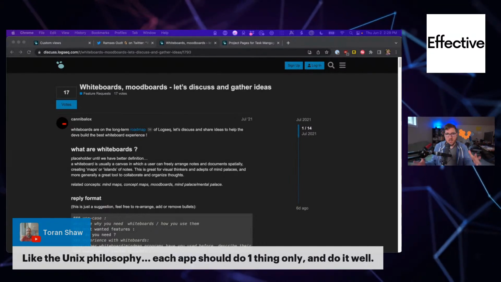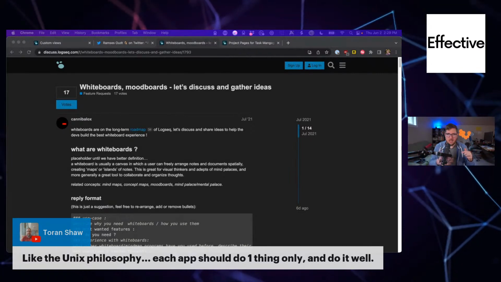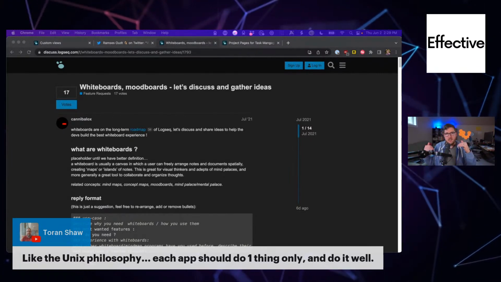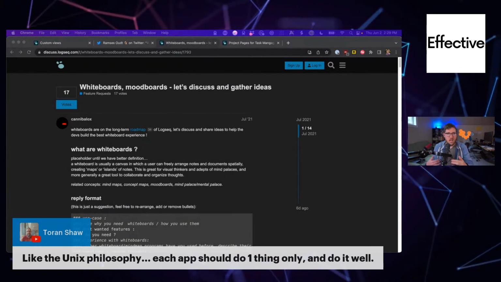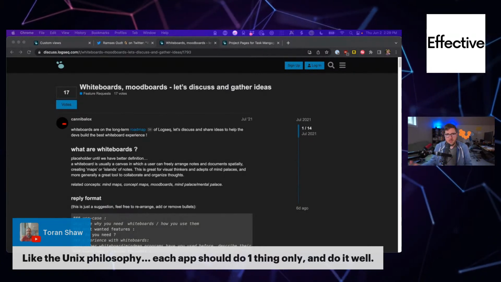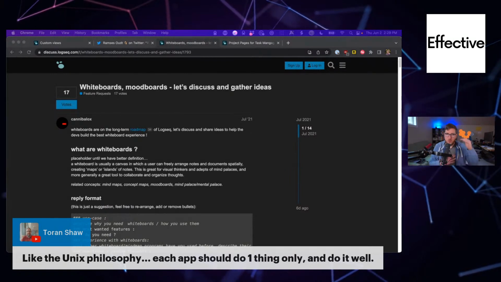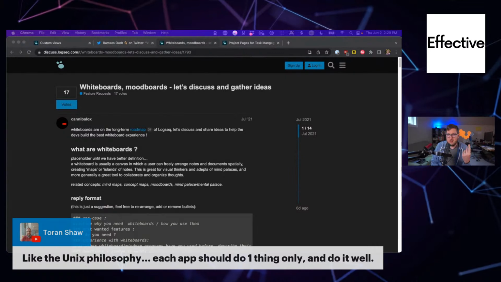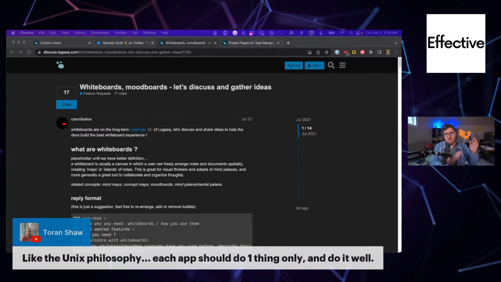Obsidian and Logseq focus on note-taking. Obsidian in more of a long-form written format, Logseq in more of a bullet-style outliner format. And then OmniFocus is fully a task manager. It doesn't do notes. It doesn't do Kanban boards. It doesn't do anything else. It's a GTD-focused task manager.